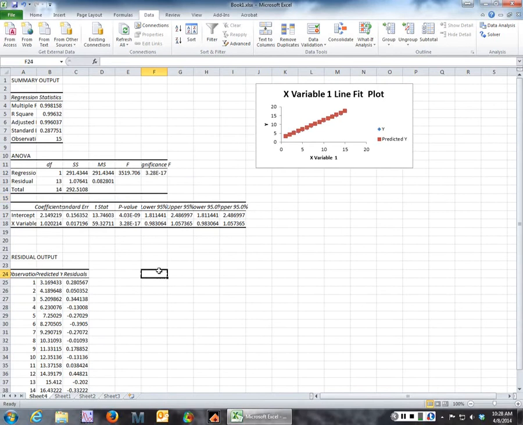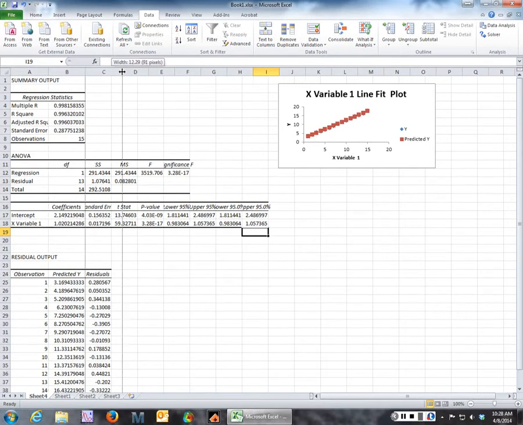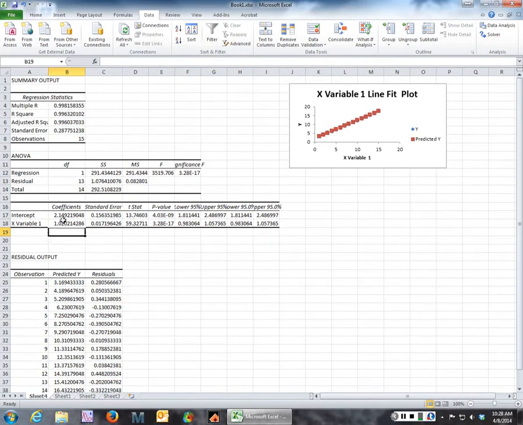So I have a lot of information now, and what I really care about are the coefficients and standard errors down here. So I'm going to just make these a little bit broader. So now my coefficient is 2.149, blah, blah, blah. That's my intercept. And then the slope is 1.02. And then I have the standard errors in those. So those correspond to one standard deviation. So those are the errors that we'll want to use in